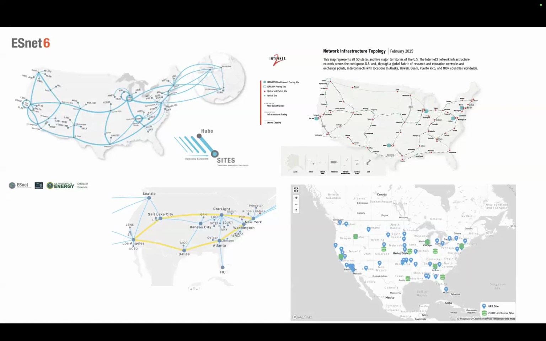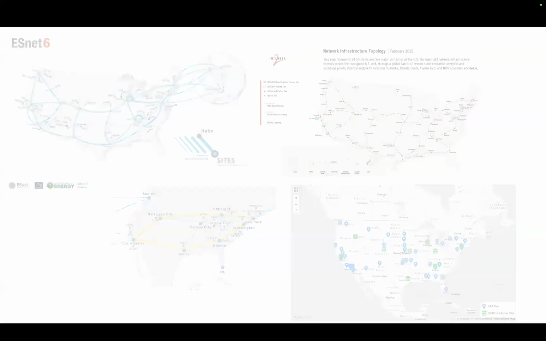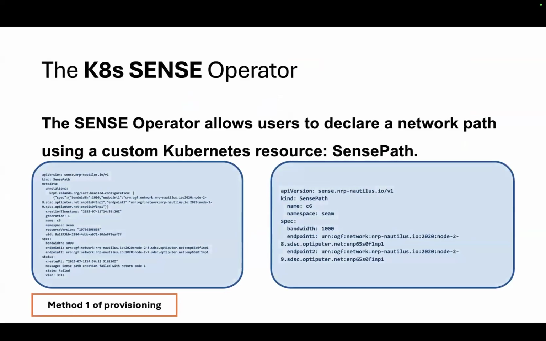For those of you who don't know what the FABRIC testbed is, it's a federated testbed for conducting network experiments, and it provisions a lot of network resources between switches, smart NICs, traditional NICs, and shared interfaces, and so on. That allows users to have a sandbox, safe environment where they can do their network experiments, break stuff, and basically work on their research. And that's what we're trying to provide in conjunction with the National Research Platform by using ESnet SENSE for our use cases. And we do that through our in-house built operator.